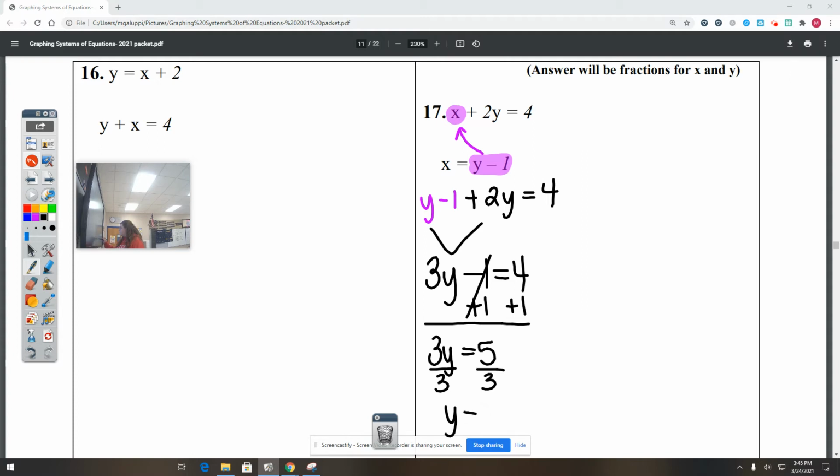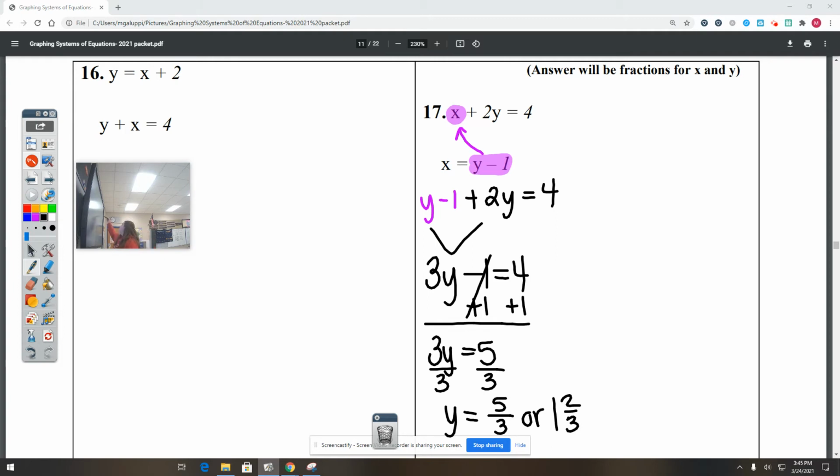And I get y equals, I'm going to leave this as the fraction 5/3, just because if you do this in your calculator, it gives you a really nasty decimal. Or if you want, you could write this as 1 2/3. Whichever you prefer. Both are correct. So now that I know that y is equal to 5/3 or 1 2/3, I'm going to go ahead and